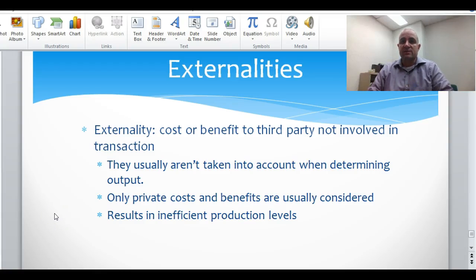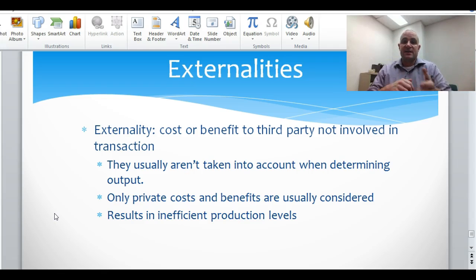When we talk about supply and demand in the private market, we are looking at it from the perspectives of the buyers and the sellers, the consumers and the producers. Because when the producers are the ones selling the goods and the consumers are the ones who are buying it, they're really the only ones who are concerned. In reality, however, purchasing decisions affect other people.